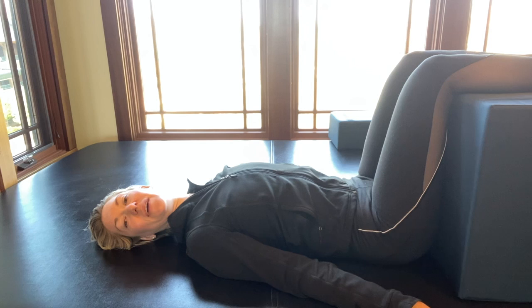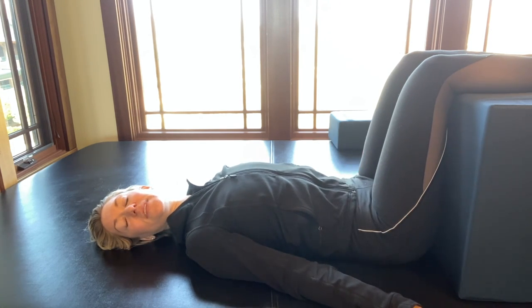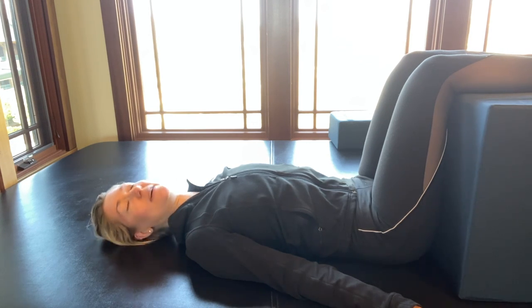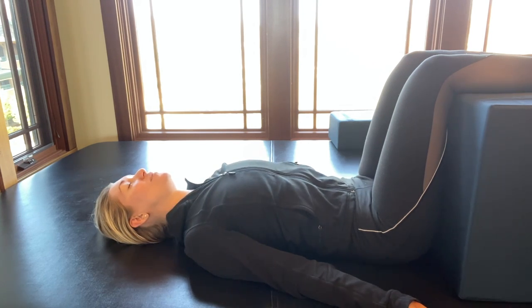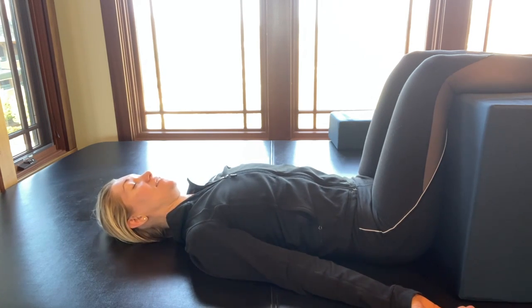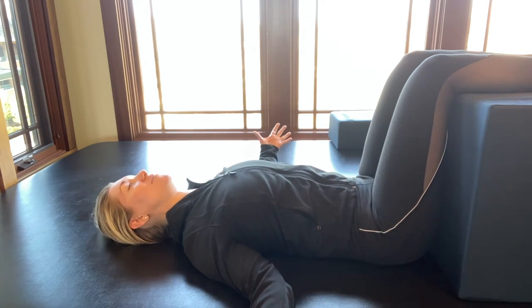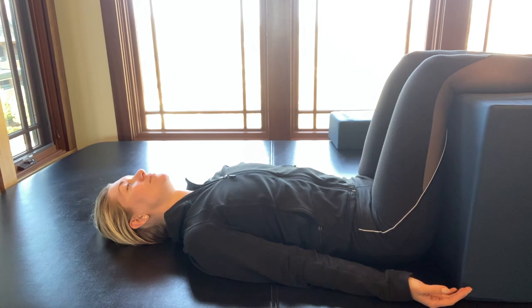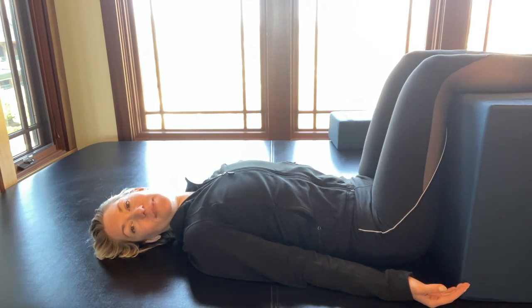Plus you're in this really great position to get grounded with your hips, let go of any rotation in your shoulders and your hips. You can close your eyes. I'm just gonna think about expanding the belly, the rib cage, and the collarbones on your inhalation. And then as you exhale, that stuff goes in. So you just feel like this big balloon expanding and contracting. Just see how much oxygen you can take in,